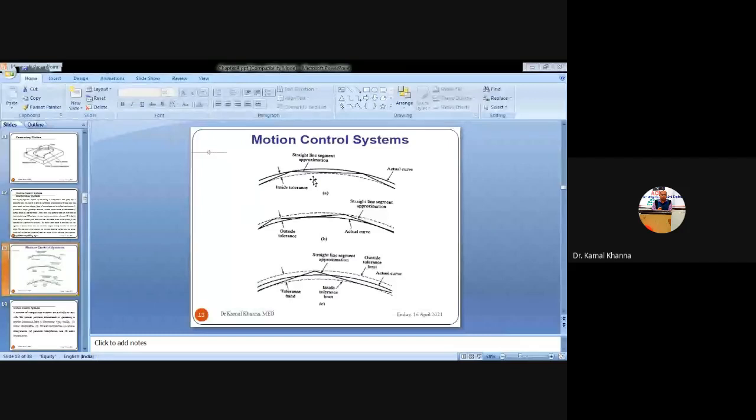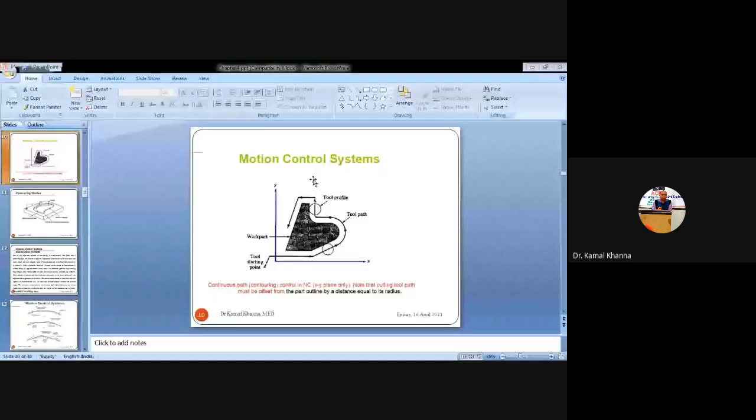Because in the previous class also I have told you, in the motion control system, that is slide number 10, that there is some tool offset. But why is this tool offset or the tool cutter diameter offset being considered? Because if you do not consider the radius of the tool, then that specimen may be cut short, it will be in a smaller size. And you have to consider the axis of the tool equal to the radius of that tool, and you have to offset the axis of the tool.